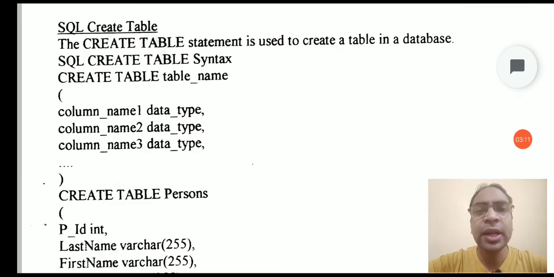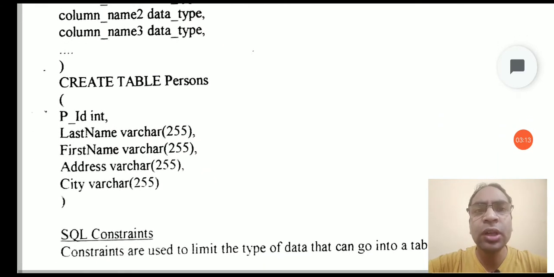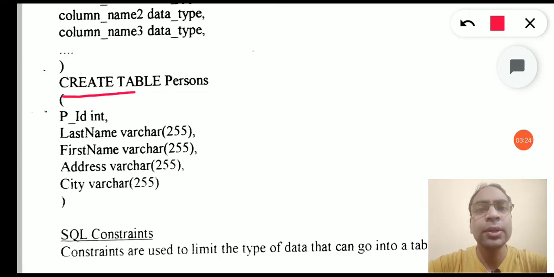So let's see an example. Let's say we have to create a table person with 5 fields: person ID, last name, first name, address, and city. So how can we do this? We'll write create table, then the name of the table, person. We'll open the bracket, the first column name p_id, its data type is int, then we'll write a comma.